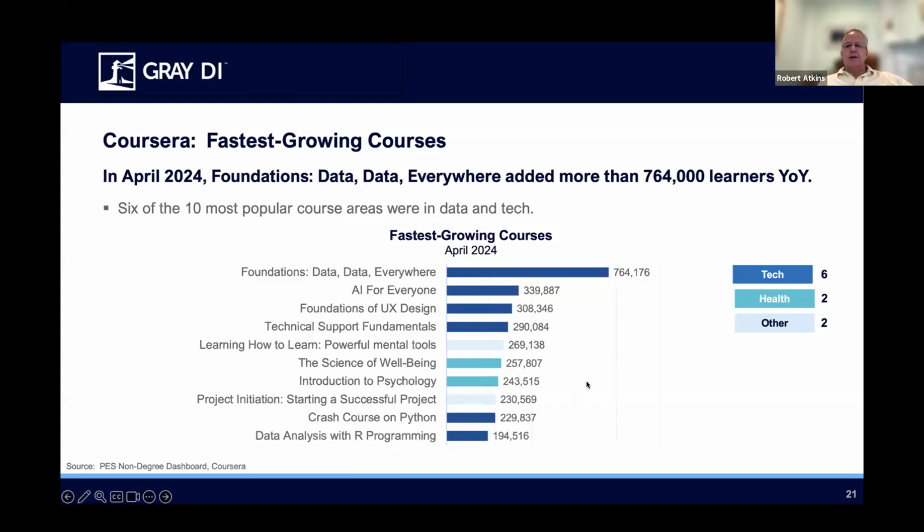Now, please do keep in mind that an enrollment in one of these courses is not the same as an enrollment in your college. 90%, maybe 95% of these people are going to drop out after they take 1 or 2 classes. Much of this is free. There's no real commitment. So it's just very different, but there's still enormous numbers when you look at how many people are actually taking courses in these online massively open MOOCs.